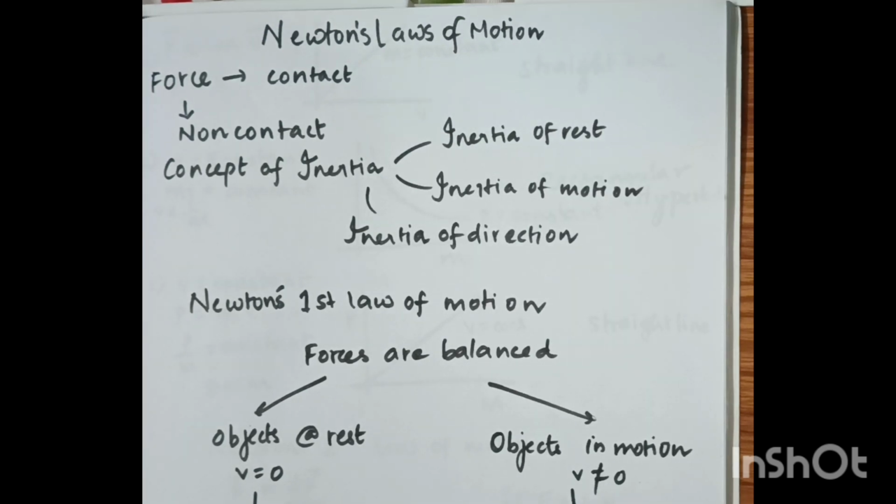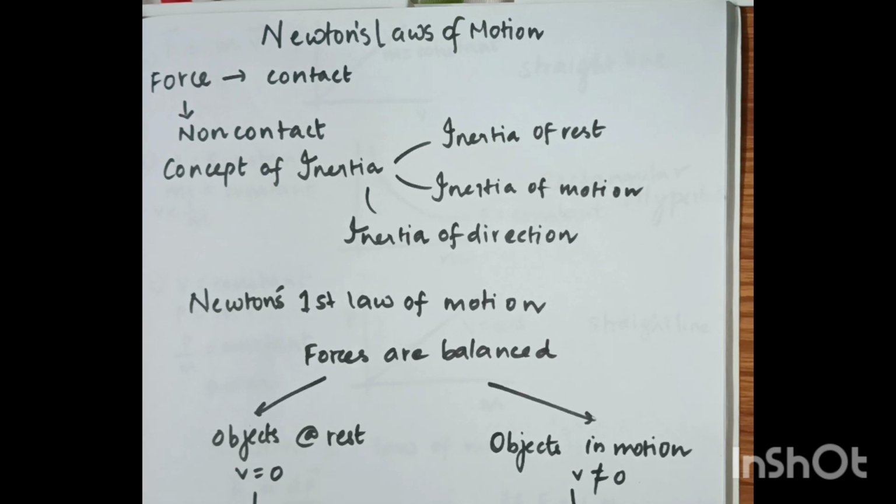When a hanging carpet is beaten with a stick, dust particles are cleared. Another example, when a card carrying a coin and placed on a bottle is flipped away quickly with a finger, the coin falls in the bottle. When we shake a branch of a mango tree, the mango falls down. A bullet fired against a window glass makes a clear hole in the glass without cracking it. These are all the examples of inertia of rest.